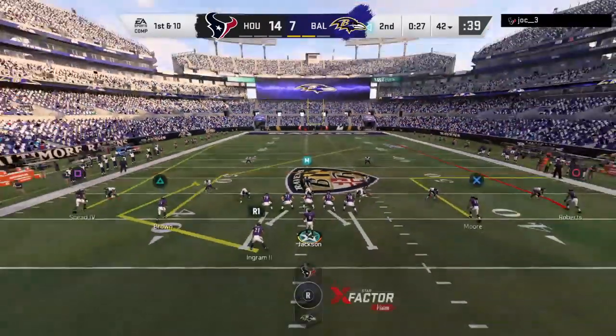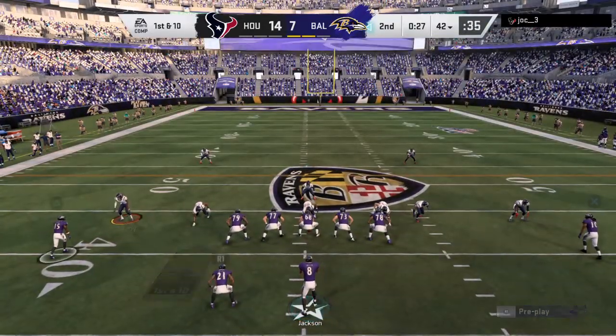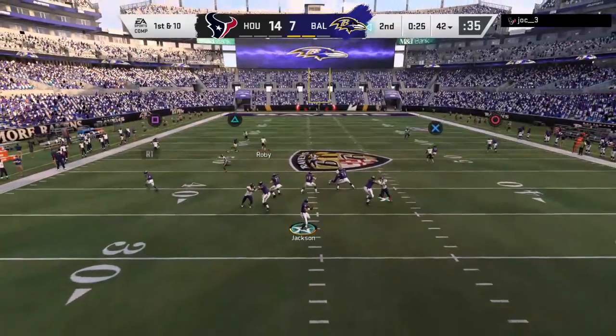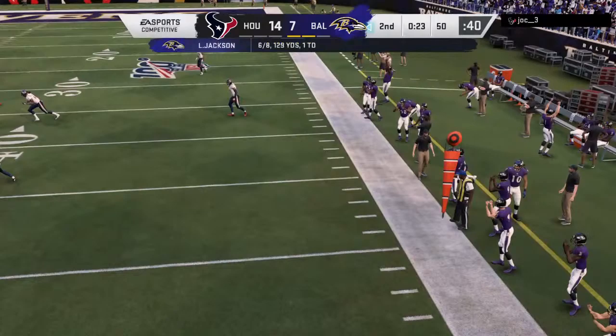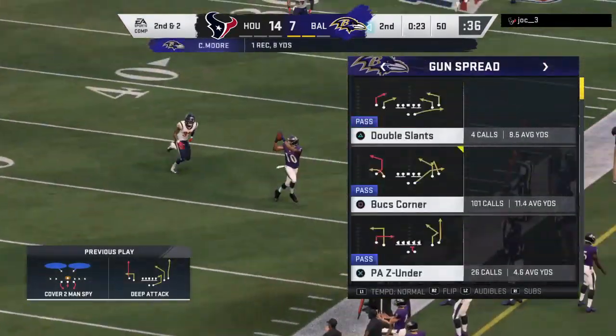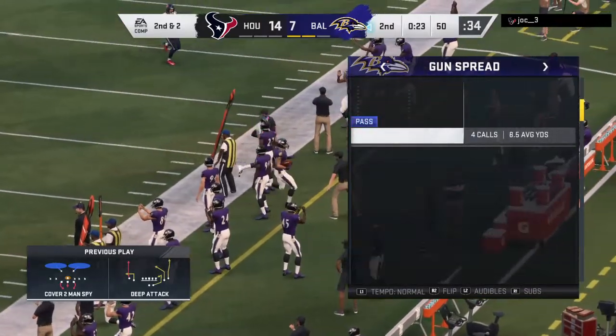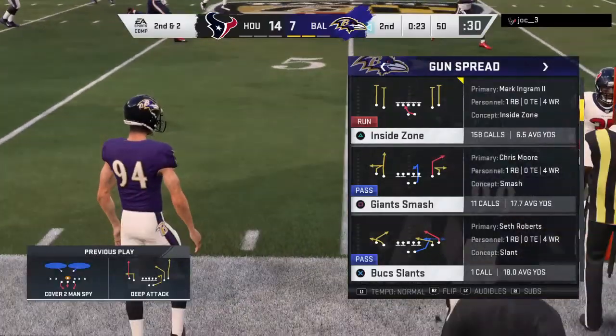Can he make a play? Can he get into someone that we're going to trust to take care of the ball? If that's the case, I might push it a little bit here and try and get something before the half runs out. That's caught. It's Chris Moore, and he goes out of bounds. It looks like right at the 50. A good pickup there. 8 yards on the first down completion. Brings up 2nd and